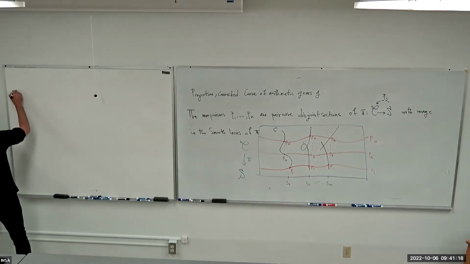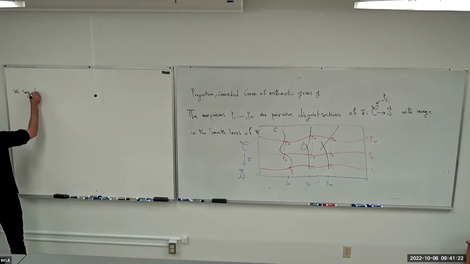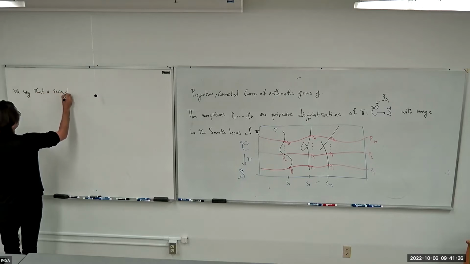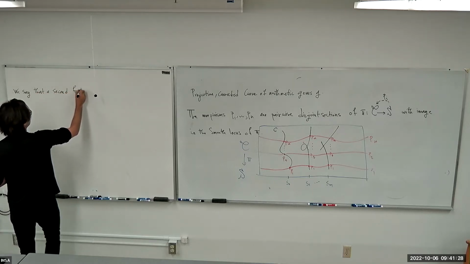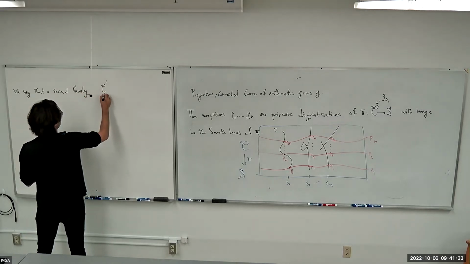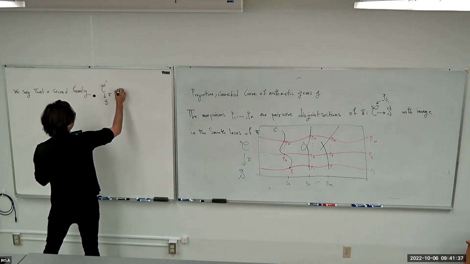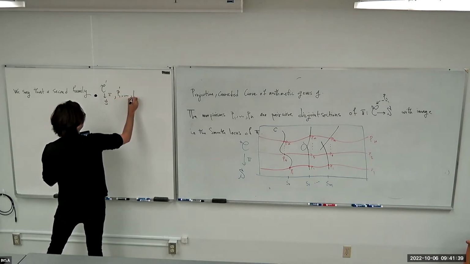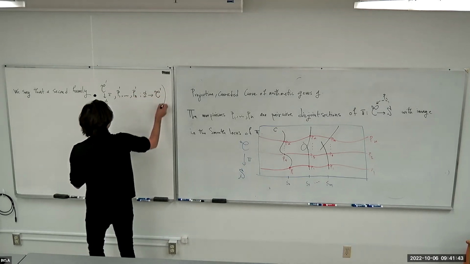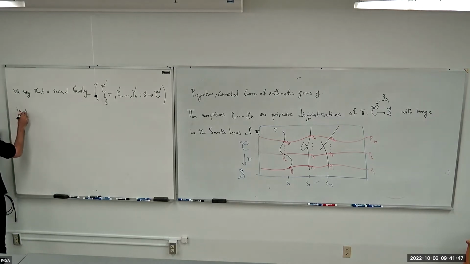So we say that a second family, let's call it C prime over S, pi prime, together with P prime 1 to P prime n from S to C prime, is isomorphic to